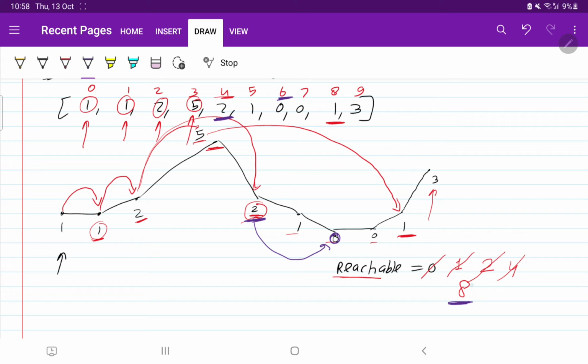Because already if we can reach the 8th position, why reach till the 6th position? Okay, so what we will do, we will come to the next element of the array. What this element tells us is that he can jump till 1. So what is the maximum position he can reach? He can reach the maximum position of the 0, that is the 6th index. But for us, we can reach the 8th index if we jump from the 5th position.